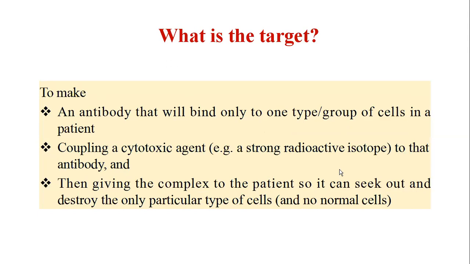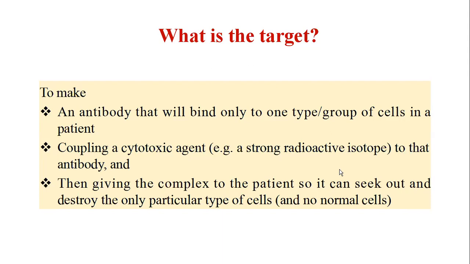The target is to make an antibody that will bind only to one type or group of cells in a patient. Coupling a cytotoxic agent means we can couple to the antibody a cytotoxic agent that may be a fluorophore or a strong radioactive isotope. This radioisotope or fluorescent probe will function as a signature molecule, as a guiding molecule. Then giving the complex to the patient, it can seek out and destroy only the particular type of cells,